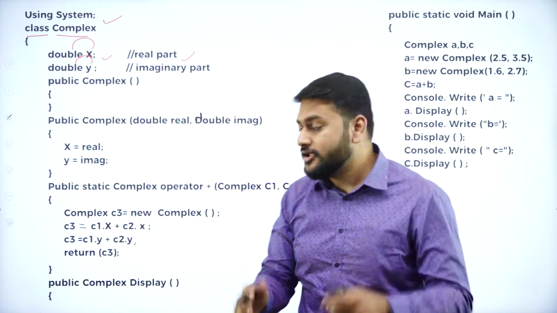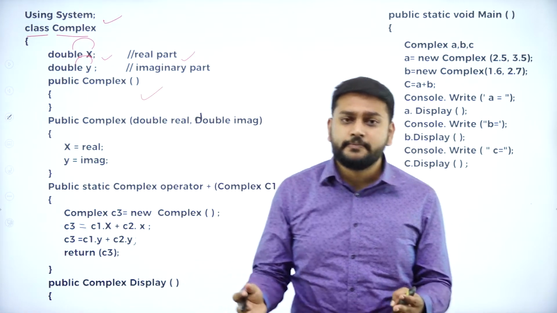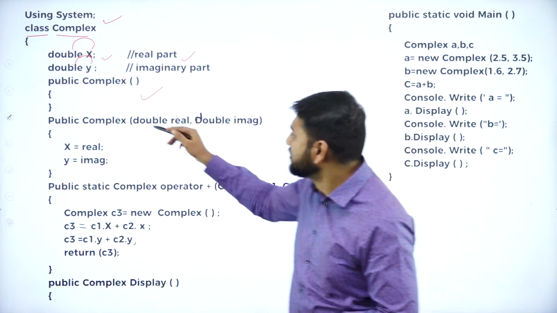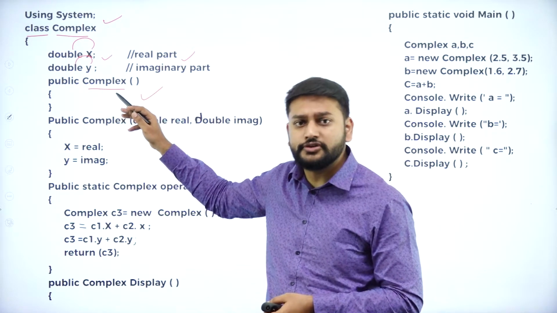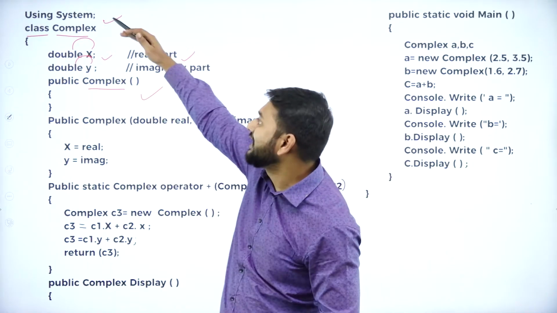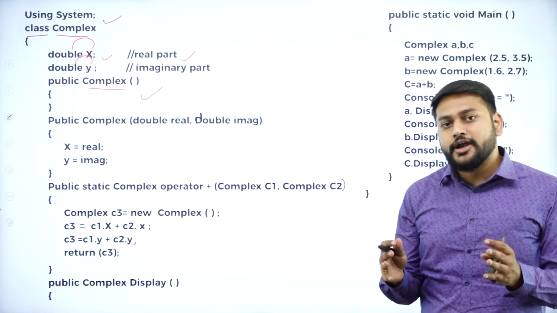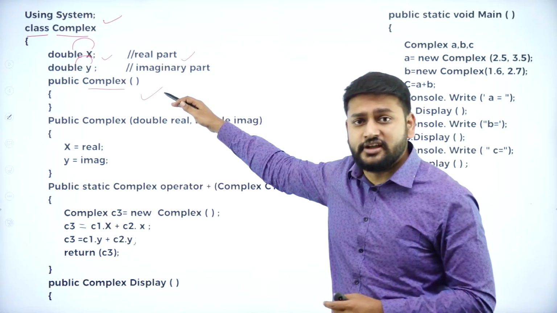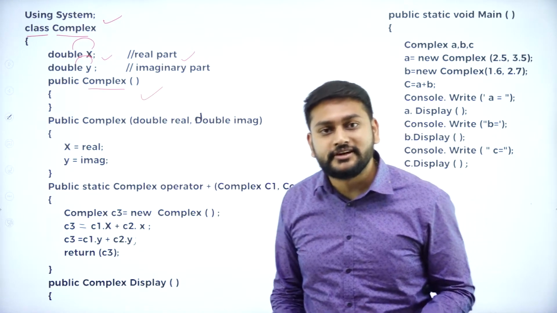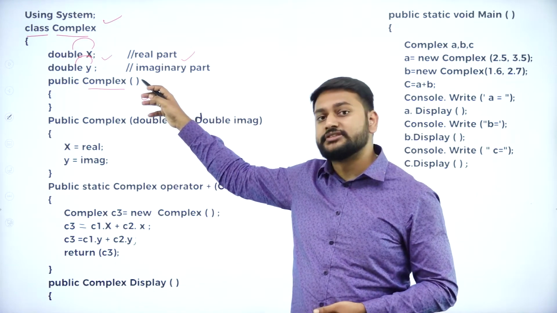So fine, and I have a function here which does not have any return type. So I know, and also I don't have anything inside the function. So what type of function is this? So the name of the function is complex. You need to remember, whenever the name of the function or the method is same as the class name, you have to treat that as a constructor. So fine, I understood that complex is a constructor. So what type of constructor is this? So can I call this as a default constructor? Yes, you can call that as a default constructor because I don't have any parameters inside.